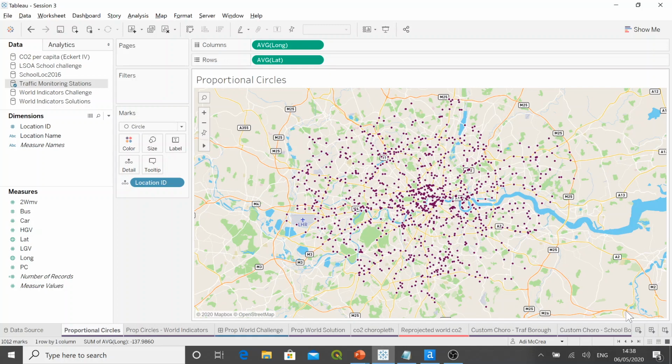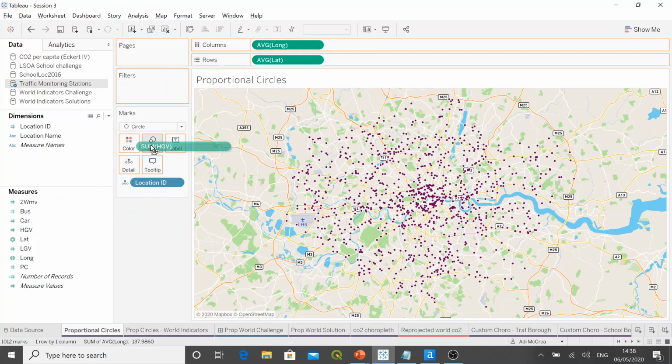In the measures, I also have fields that refer to the number of vehicles passing by those stations in a certain year. I can size the marks in the view by the counts of particular vehicles, and that's going to enrich my map. So I'm going to do that for HGVs, or heavy goods vehicles. So if I drag this measure,